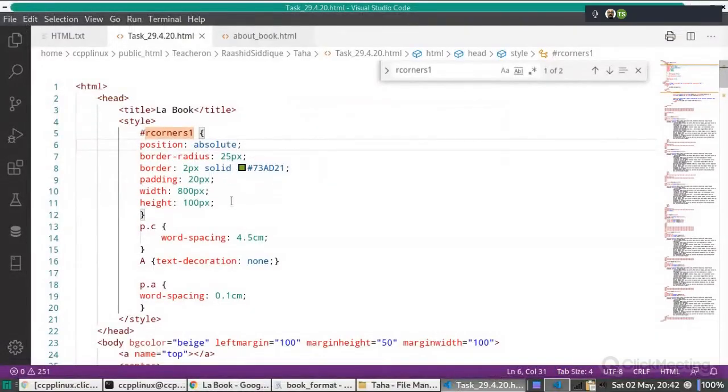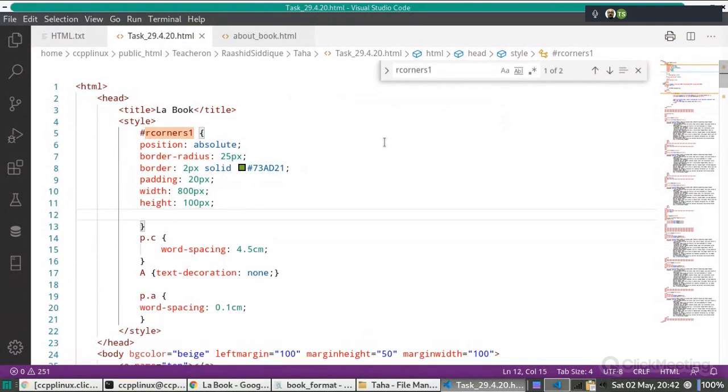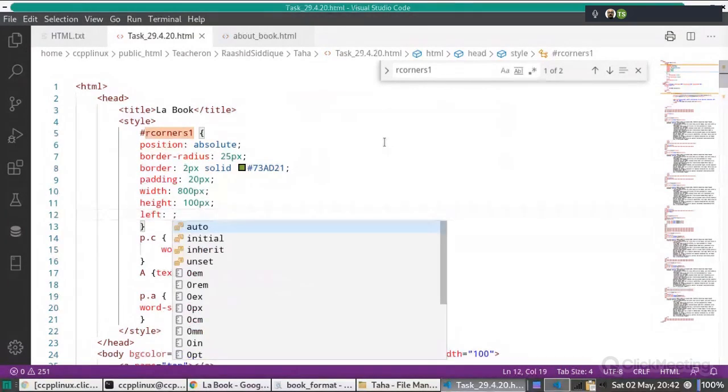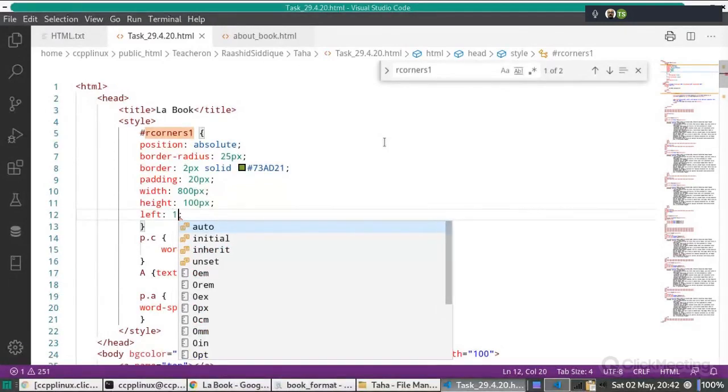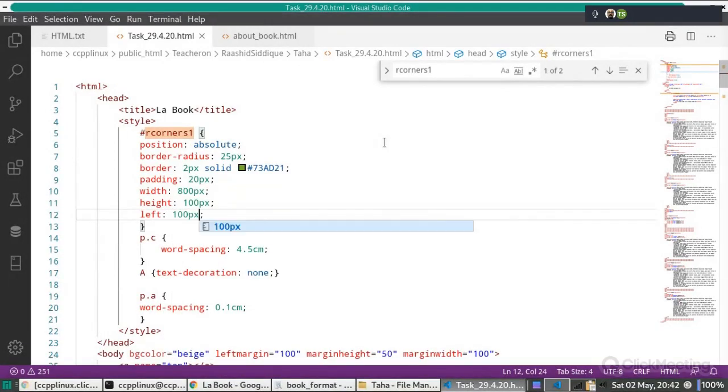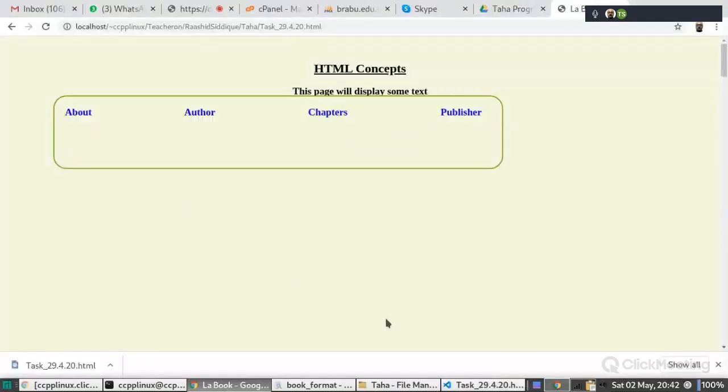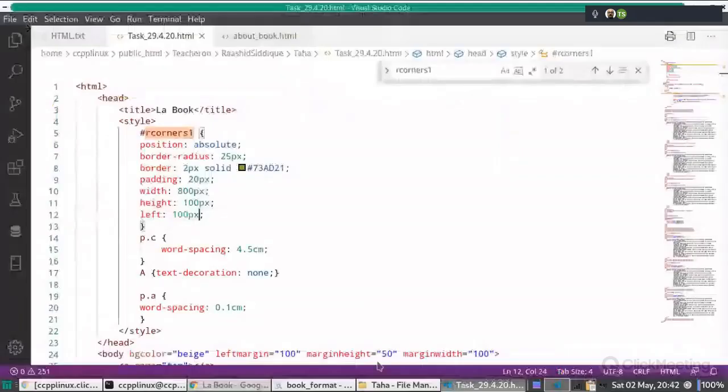Means suppose here we have to use the left and right, left and top. So left, suppose left is 100 pixel. That means it is not more than 300 pixel.